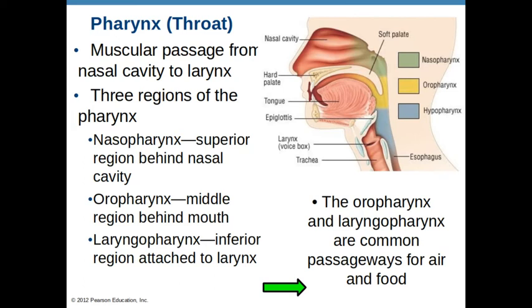So let's move to the pharynx. So here we're looking at the pharynx. This is this muscular passage that extends from the nasal cavity all the way down to the larynx. And it's got three different regions. You can see they're